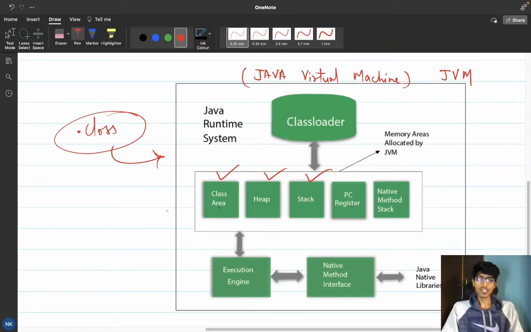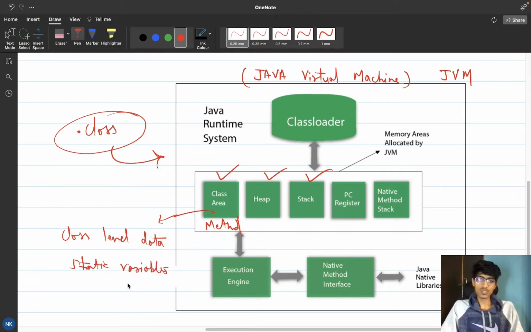The first one is the class area, or we can say the method area also. What happens inside this? Inside this, the information related to the class and things which are related to the class are saved. For example, our code is saved inside this, our .class file code. Apart from that, our method codes, our variable information, and constructor information are all stored inside this. The main thing to understand here is that in this method area our class level data is stored. And another important thing is that our static variable is stored.